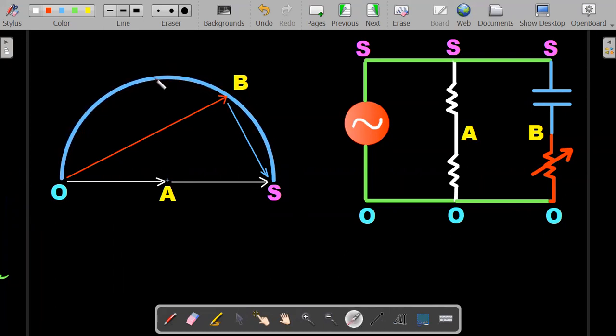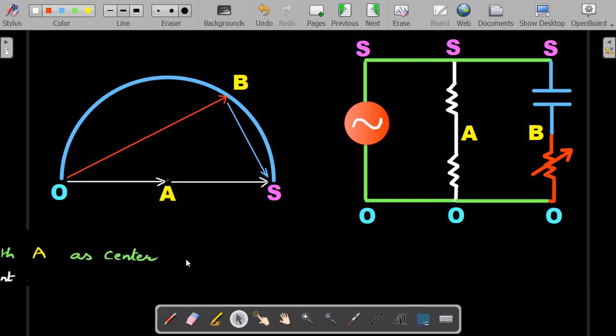The B point can move onto any point. So let's say B is somewhere here, then OB would be here, BS would be here, but that included angle in a semicircle would be 90 degrees. And since A is the center, the length of this AB that you are watching here is nothing but the voltage that AB would read. That means, let's suppose you put a voltmeter in between them, it would be reading the length AB. Yes, the phasor direction will change, but the length of this AB as B moves on this semicircle would be the radius, and therefore it shouldn't change at all.